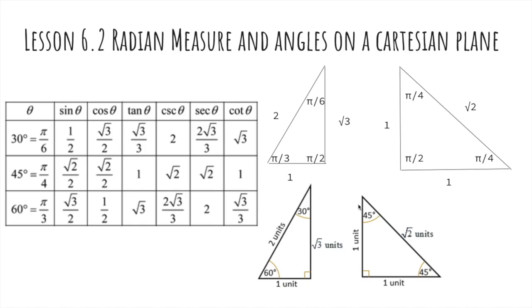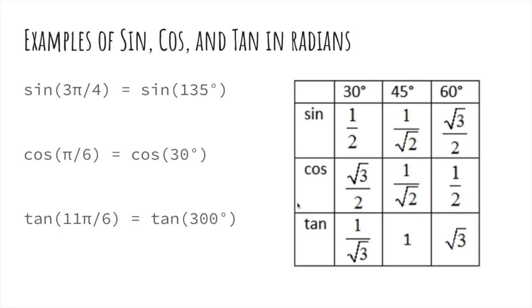And we can see this, as I said, using the primary trigonometry ratio triangles. Over here, this pi over 4, this is the 45 angle. This pi over 2 and the pi over 2 here, this is 90 degrees. This is not in the primary trig ratios, but this is also useful. Next we have examples of sine, cosine, and tangent in radians. So we're going to try to